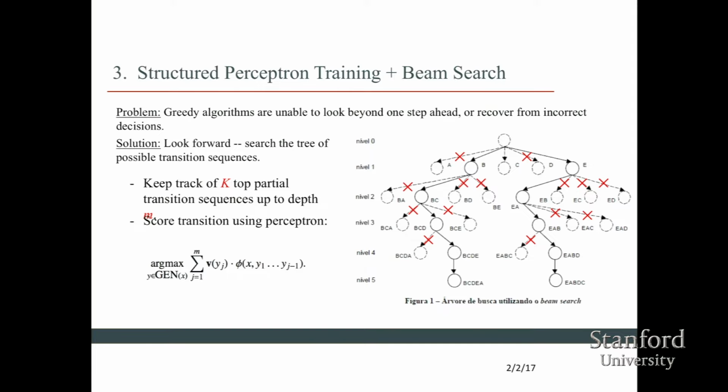You're going to use a score computed using the perceptron weights. You guys probably have a decent idea at this point of how perceptron works. And the exact function they used is shown here, and I'm going to leave up the annotations, and so you can take a look at it later if you're interested. But basically, those are the 3 things that they did to solve the problems with the previous Chen and Manning